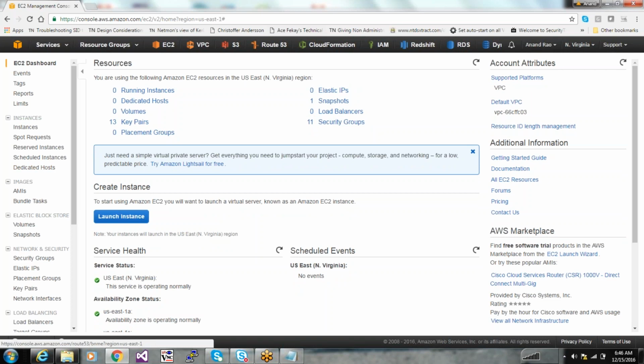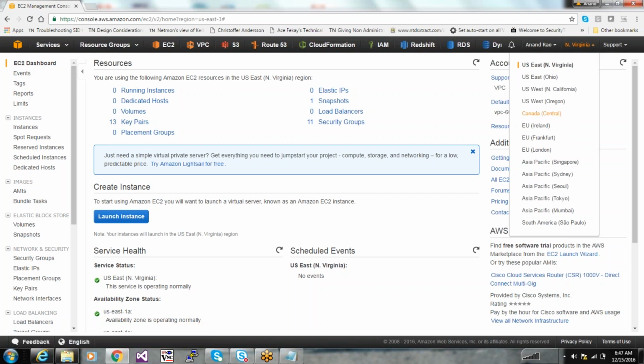All right, my EC2 is up and running. I'm going to brief this screen for a minute. What you see on this screen is an EC2 screen. On the top right-hand side, there's this button. It tells you in which data center you will be creating the instance, or managing the resources. You can move over to any other data center in any of these geographical locations. Last week, Amazon came up with a new data center in Canada, which provides certain services.